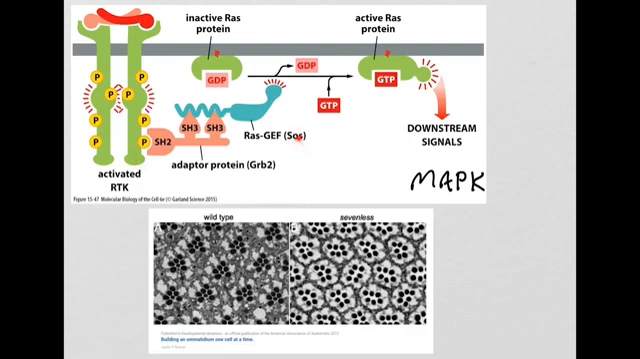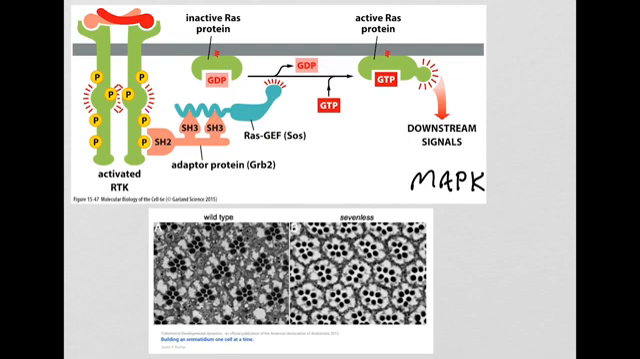Son of 7-less was discovered in a screen of Drosophila mutants and has a fairly similar phenotype to 7-less, so hence the name. It's referred to in the pathway as SOS, and it's going to be the GEF that activates RAS. It itself is recruited to the membrane where it can encounter RAS in the inactive form and catalyze that